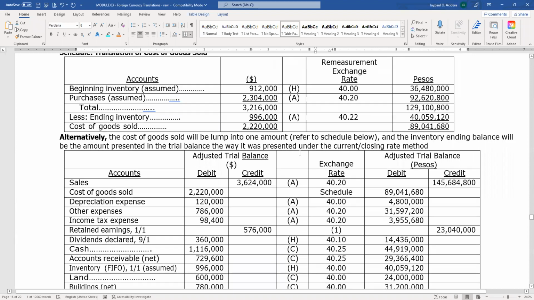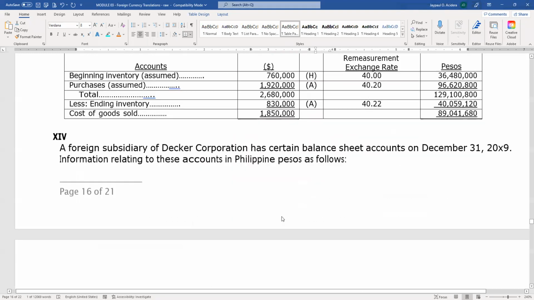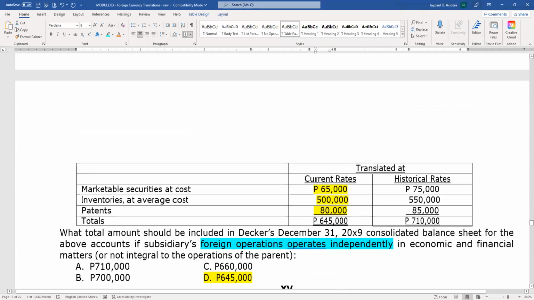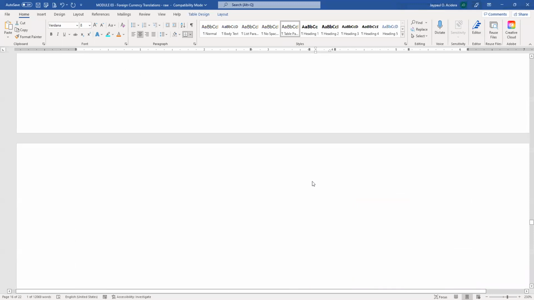Masyado siyang mahaba. No? I doubt naman napapagawa lahat sa inyo sa exam. Maubos na yung oras nyo nun. So dito muna tayo sa short problems. Okay, ayan. So for this problem,